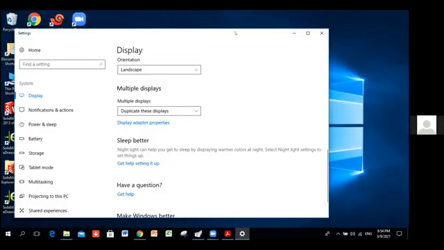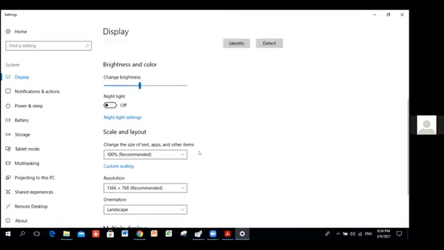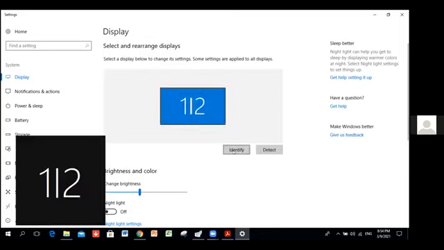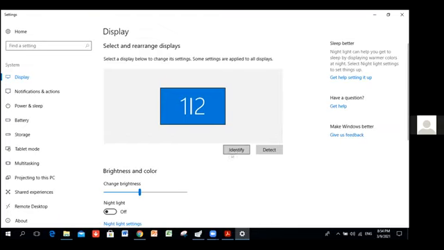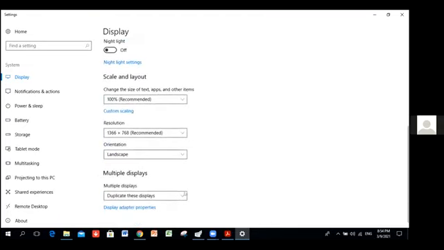Okay, this is the screen on my notebook. I notice that there are two screens there. One identify, we press identify. Okay, this one and two, one and two. So when I go down and split